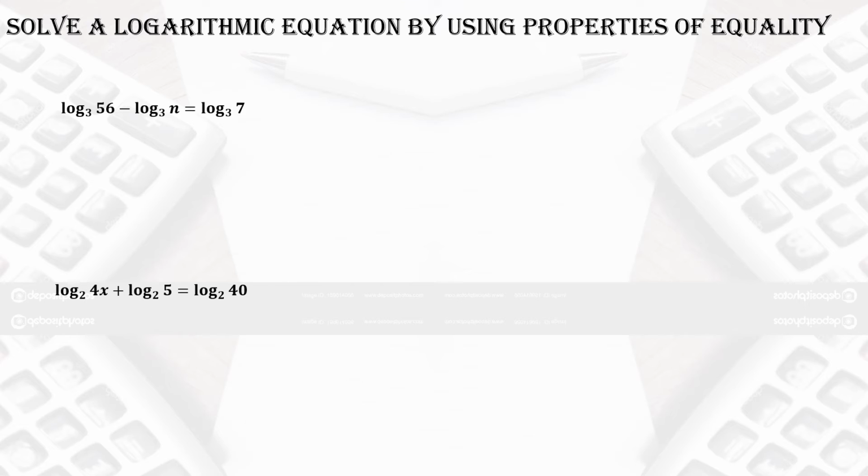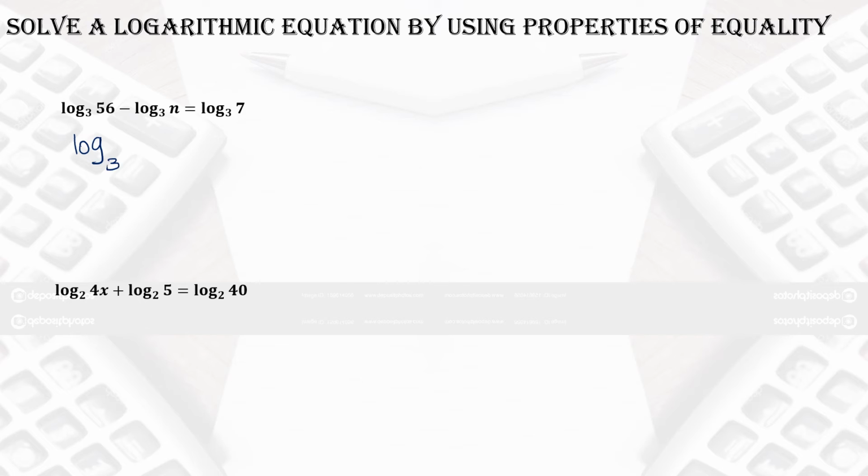Now let's solve this question. What is important here is that there is a negative sign, and there are two logs written. You cannot eliminate them if you have two or three terms separated by a negative or positive sign. So first of all, apply the logarithmic properties and shrink or condense them.